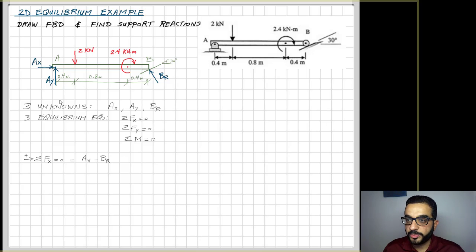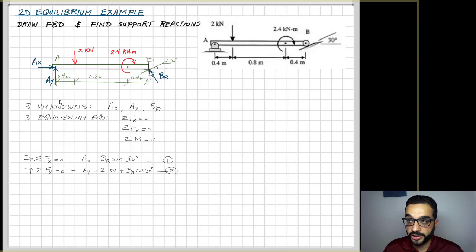So if I do the sum of forces in X, I have AX going to the right, which is my positive direction. And then the X component of BR goes to the left, and with just some trigonometry here, I see that it has 30 degrees with the vertical line. So this means that the horizontal component will be sine 30 BR. So I have two unknowns in one equation. I can't solve for any one of them, so I have to do the second equilibrium equation,